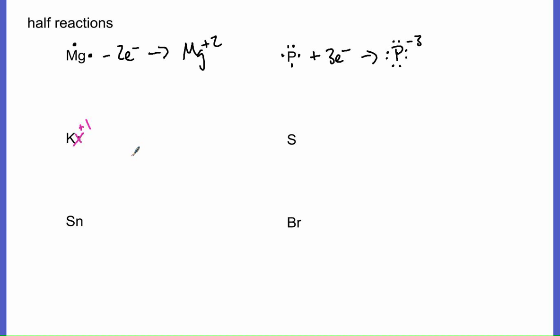Sorry, I missed the cross there. Because losing 1 electron, you still have the same number of protons as you did before, so you got more protons than electrons. Potassium ends up with a +1 charge, and it currently, without any electrons, would look like argon, right? So it'd have a stable configuration. Whereas this sulfur over here,